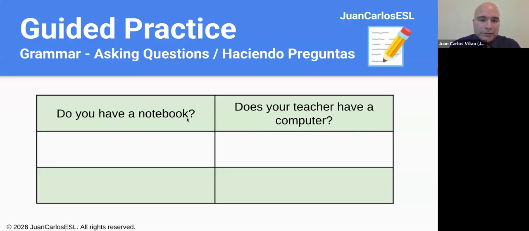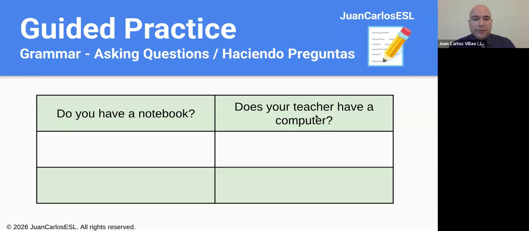In the previous question, the subject was you. Do you have a notebook? So you is the subject, and it is second person. So when you use you, we have to use have. And also take into account how the question is initiated. When you use you as a subject, you have to initiate the question with do. Do you have a notebook? And then the second question, does your teacher